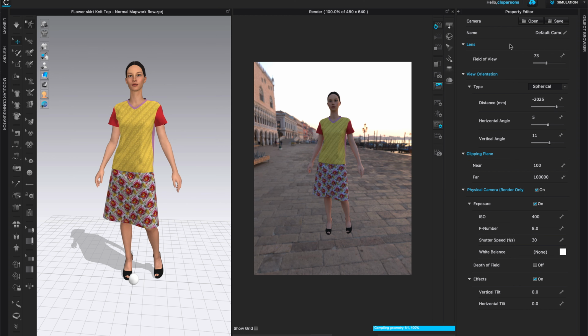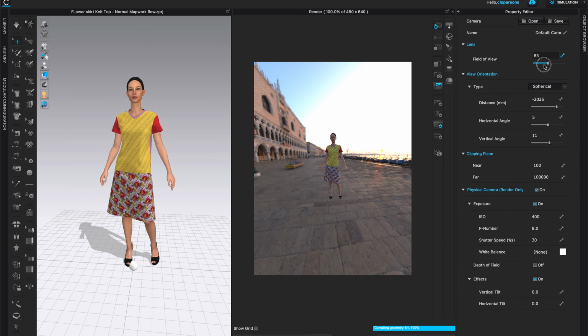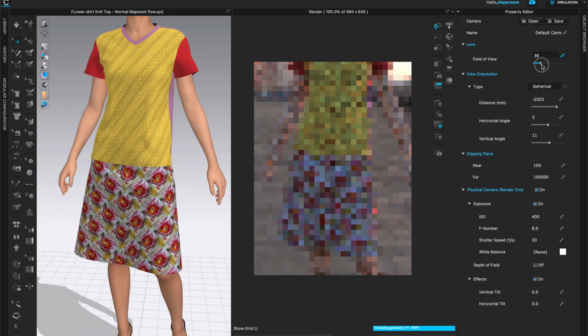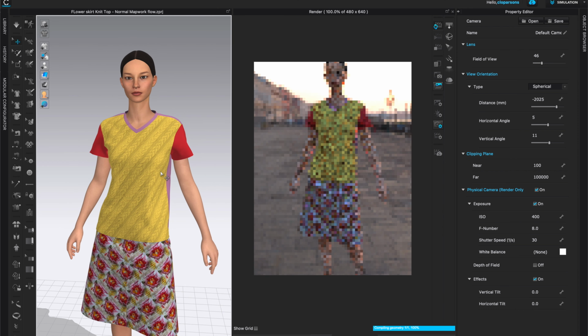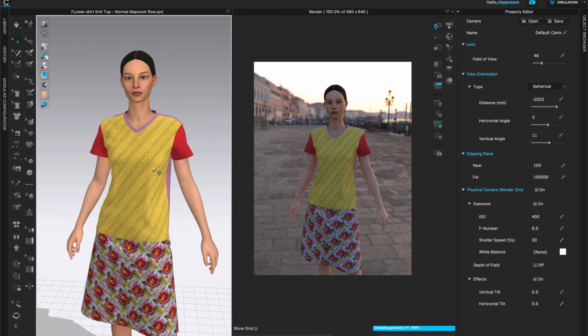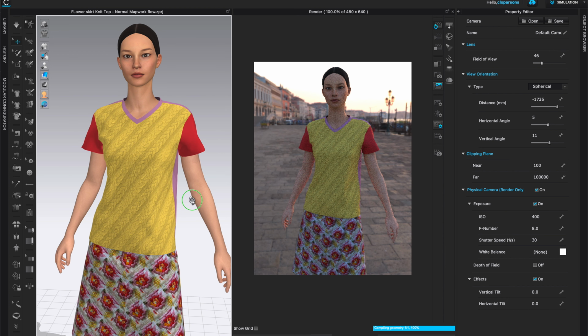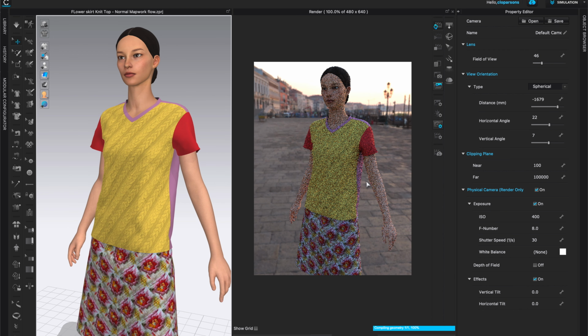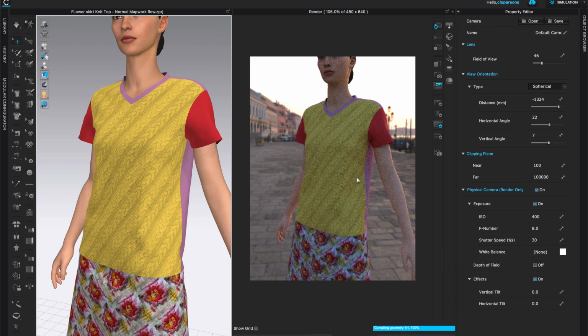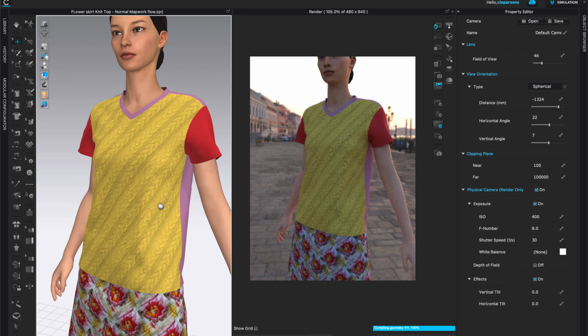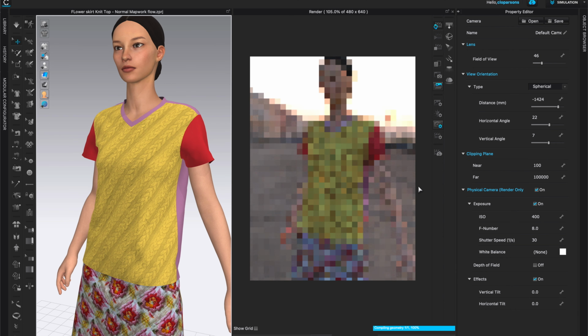Another thing that you can still do is you can still come to the field of view and you can change that. And let's say if you wanted to take another shot where you have more of a close-up, and let's say that I just want more of her face and I want to capture the background, but I want more details of her sweater or of her t-shirt, for example, then I can absolutely do that and have the background locked. And obviously you can go back and you can unlock the environment and you can create any angle you want and truly have, again, your own custom photo shoot.